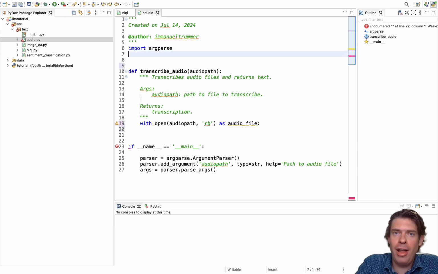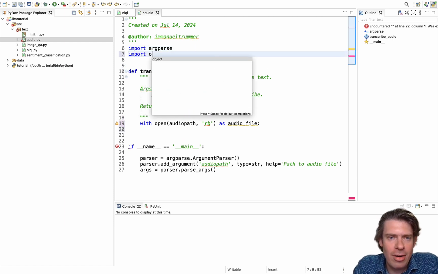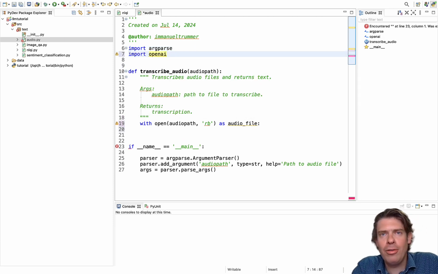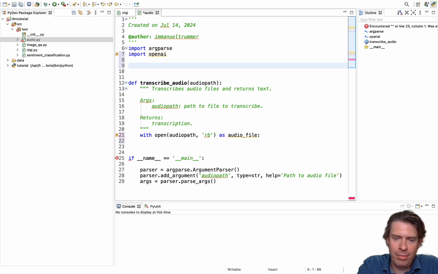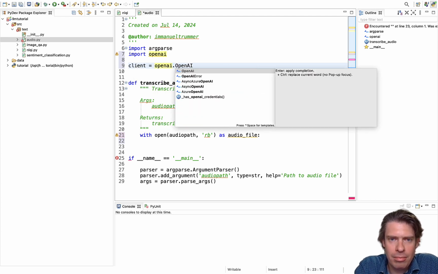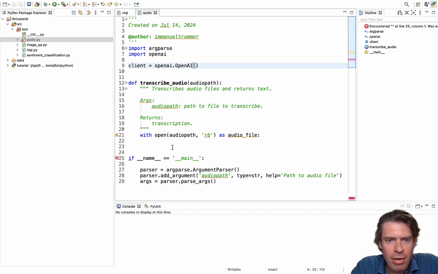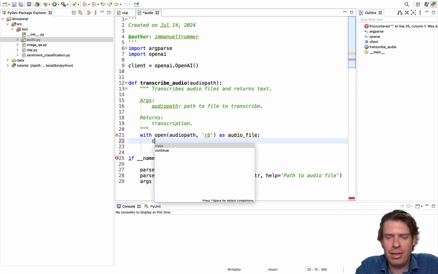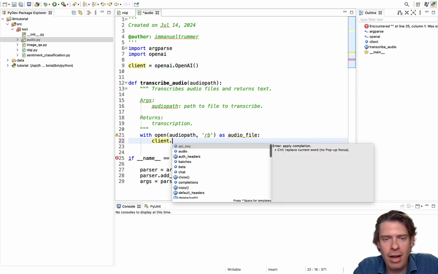So first of all, I have to import the OpenAI library, and then as always I have to create this client object, which I will use in order to invoke functionality from the OpenAI models. So here I'm gonna create the client object,